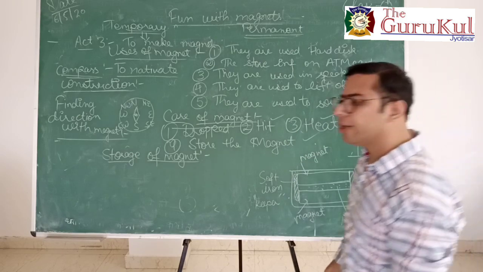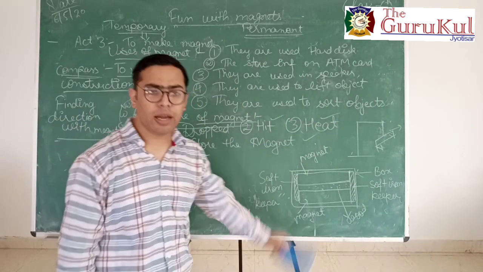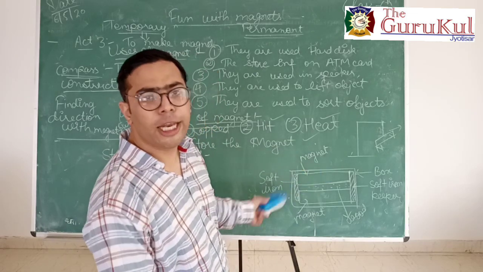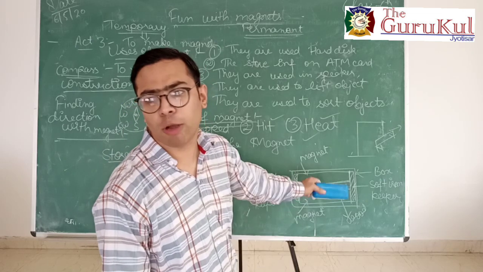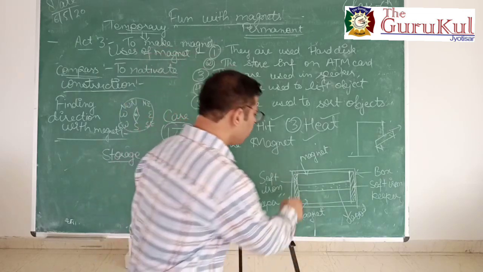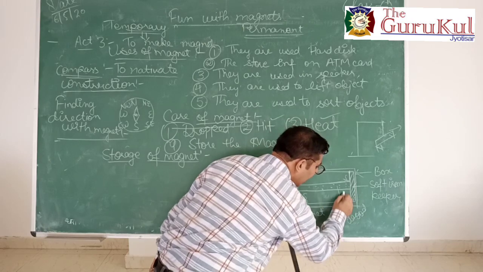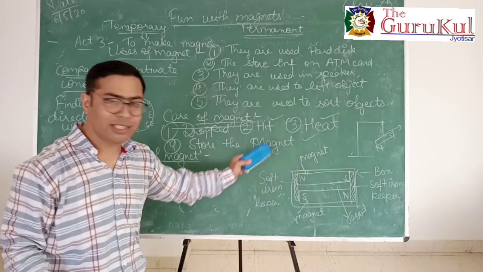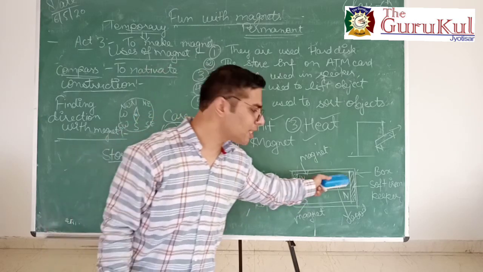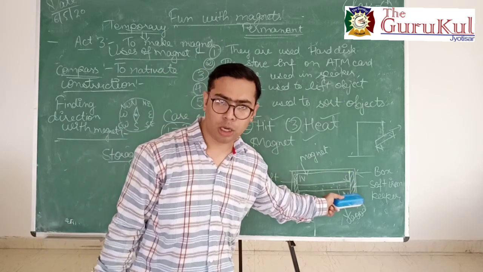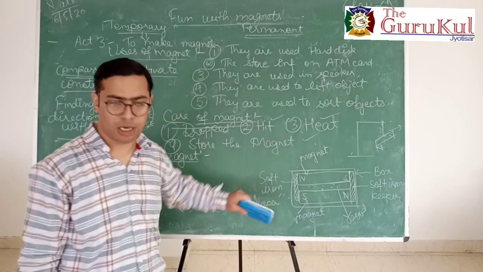Okay, I am going to tell you the theory, so listen very carefully, students. How can we store the magnet? We can store the magnet in a cuboid box. For example, I am having two rectangular bar magnets. We store the two magnets in such a way that the unlike poles of the magnets face each other. That means if this is north, this is supposed to be south. If this is south, it's supposed to be north. So we store the magnets with their unlike poles facing each other.